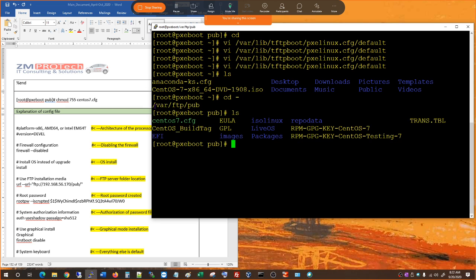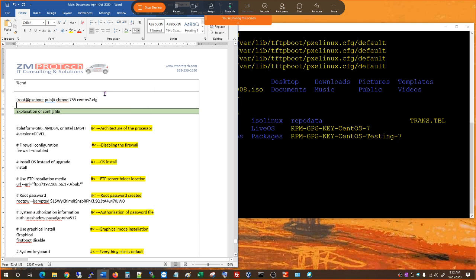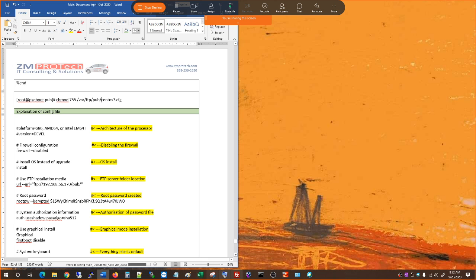Okay, so this is where the CentOS file is at. You set the permission 755, and it's all good here. Now, what is going to happen here is,